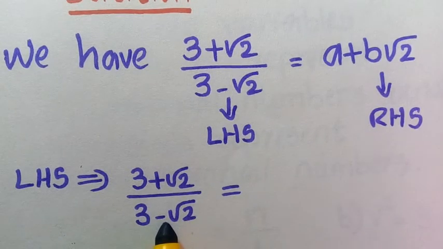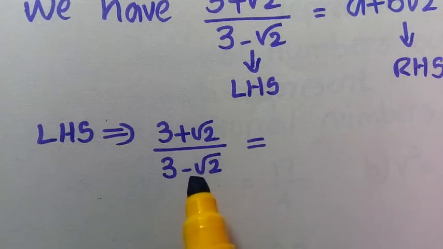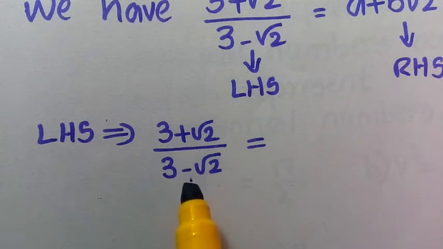Here, the denominator 3 − √2 is an irrational number. So we already discussed, if the denominator is a rational number, we can find the answer easily. Children, do you remember the topic rationalizing the denominator? Did you practice the problems we discussed related to this topic? I hope you practiced that. Okay, so now we are going to make the denominator into a rational number by using the conjugate of the denominator.